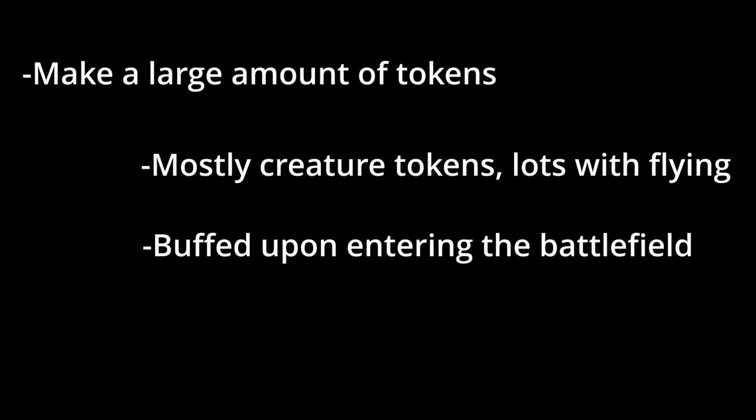As alluded to earlier, our main goal with this deck is to make a bunch of tokens once we have Rosie on the board. And while mono-white has some artifact token generation with food and a bit of treasure, it can be really good for making creature tokens. So this deck was built to make a large number of creature tokens that you can buff when they enter the battlefield from Rosie, and a large portion of these tokens have flying, which will provide a good amount of